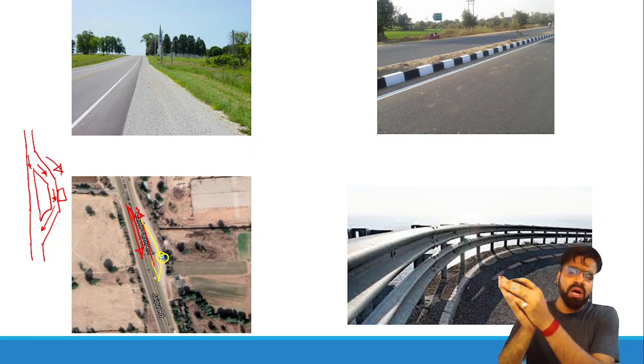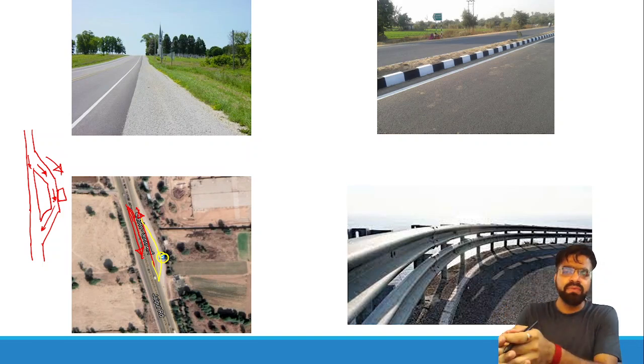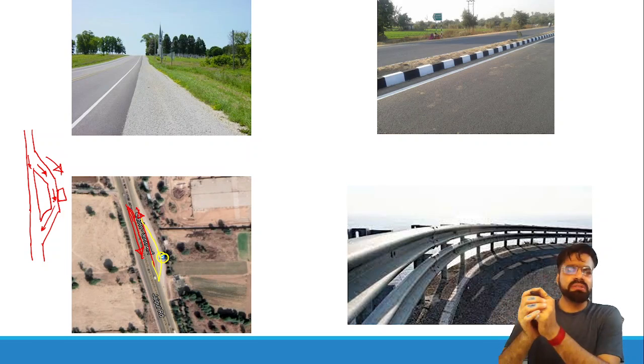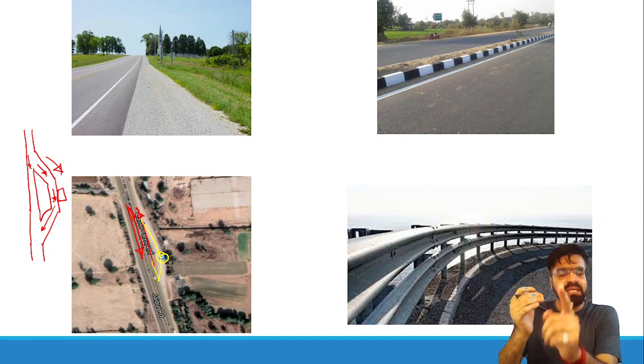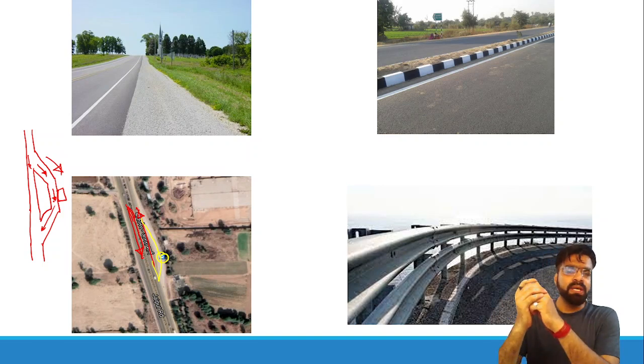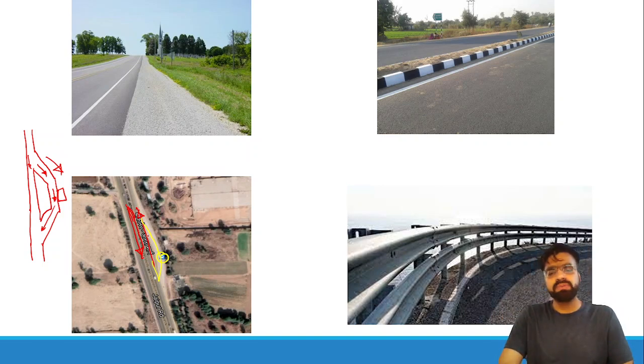You see, it is not safe to allow passengers to board or deboard on the road itself, because if there is a bus stop on the road, it will reduce the width of the carriageway and it will cause accidents. Now to reduce this condition, as we initially decided, the objective of geometrical design is to minimize accidents, we should provide a bus bay. So this is known as a bus bay.